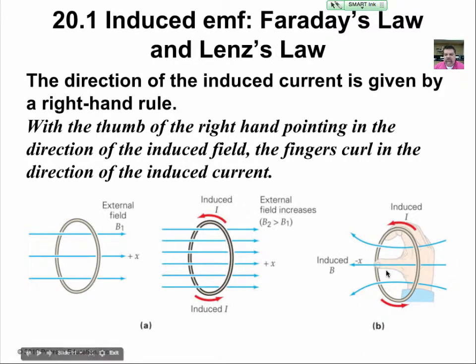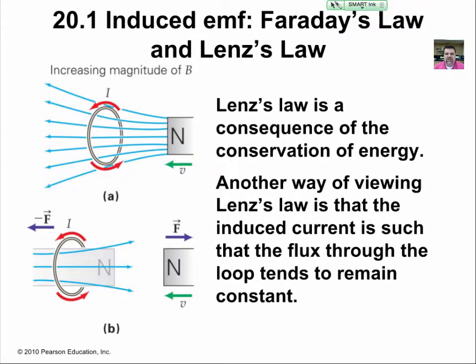And just to jump ahead a little bit, you can induce a magnetic field by applying a current to a loop, and you can induce a current by applying a magnetic field to a loop. So the two are interchangeable. Lenz's law is a consequence of the conservation of energy. Another way of viewing Lenz's law is that the induced current is such that the flux through the loop tends